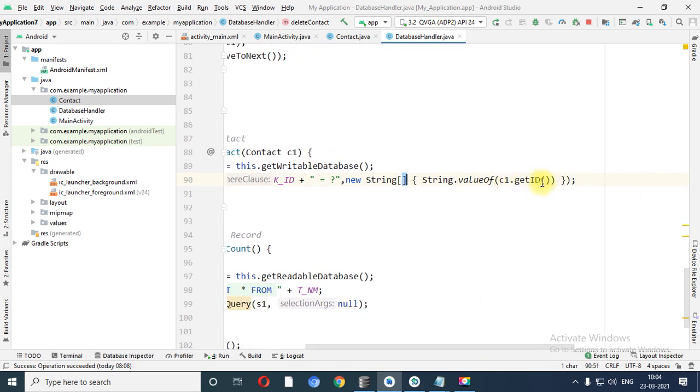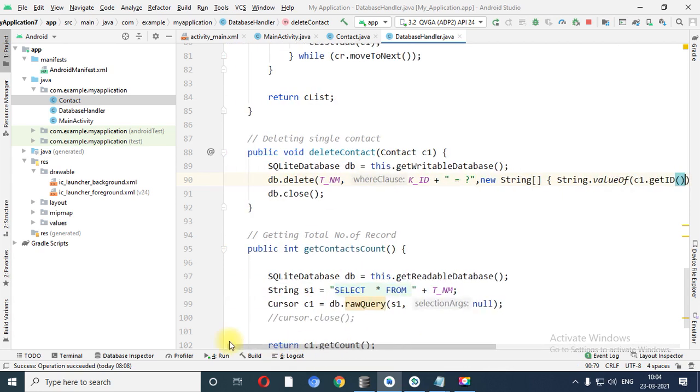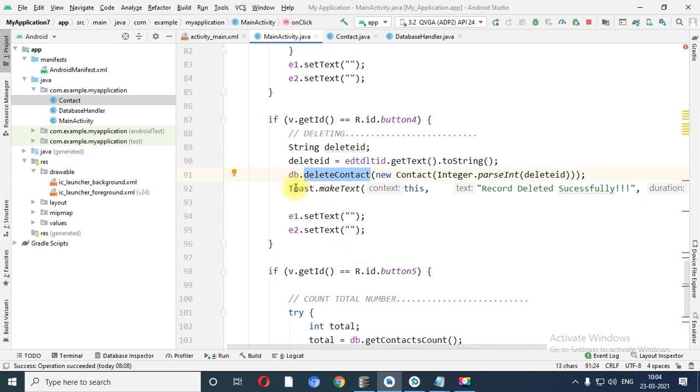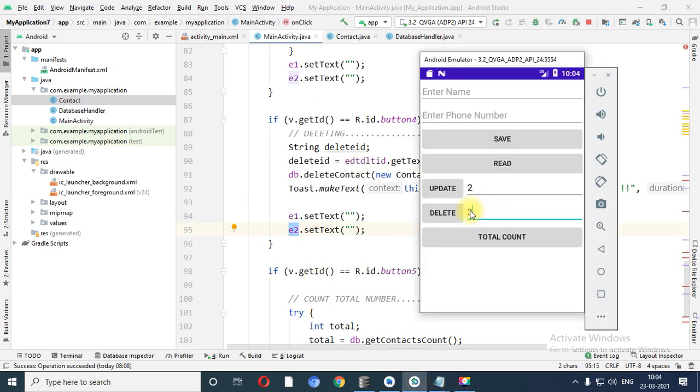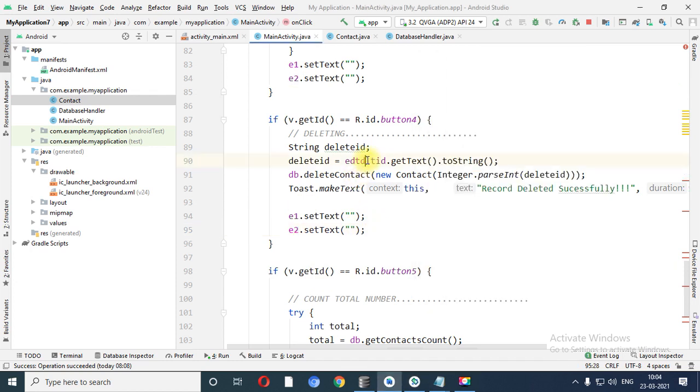This string C1 dot get ID, the third number I want to delete, so it will delete the record from the database. Then toast record deleted successfully, and both the text boxes are cleared. Same as the previous one. If you want to clear this particular edit text, then you can use edt delete id equals to blank.